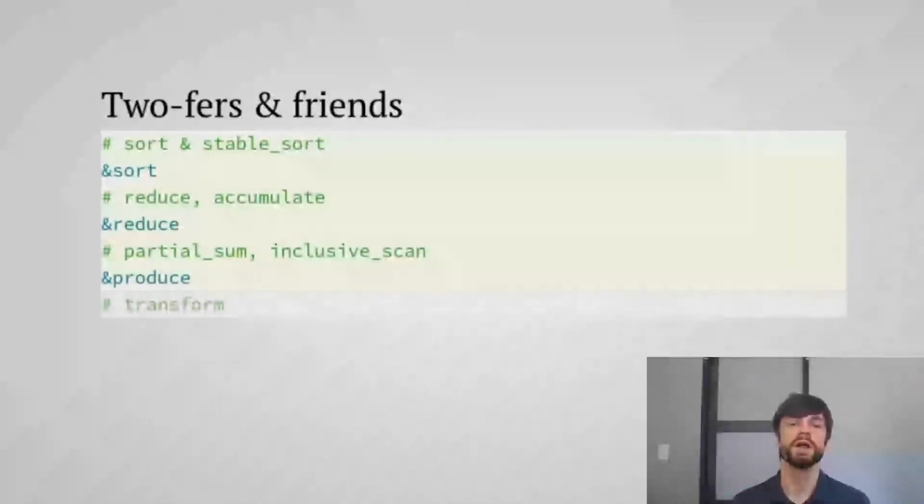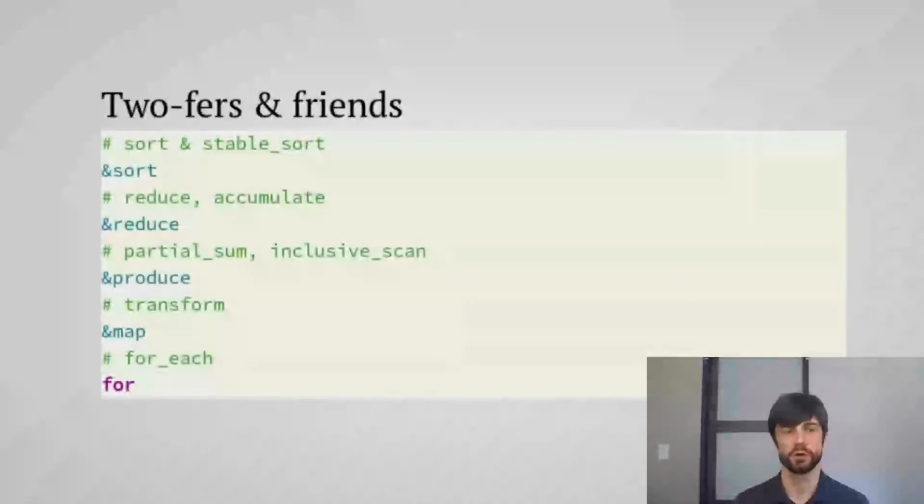Moving on, C++'s transform is the same as our map. Map is the normal term for that. I'm not sure why C++ went with transform. It's much longer and not nearly as commonly used. And then C++'s for each is we can achieve the same thing with our for, not a function, but a